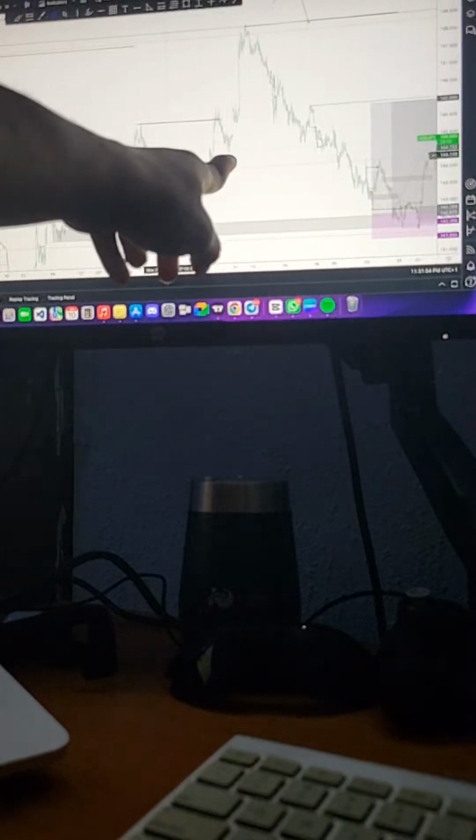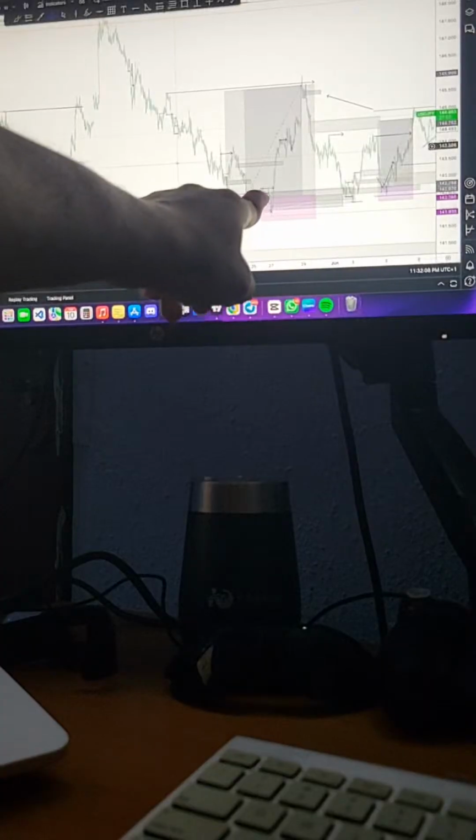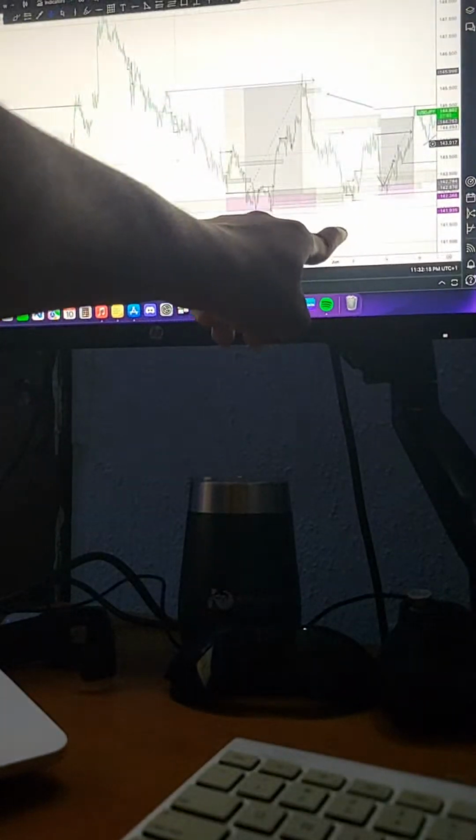Price went smash, retraced back. So this is what price did again here. Price came back to this zone, and price did something here. Price came back also to this zone, took out this liquidity here, and price bought all the way up to this place. You can see that price smashed this buy side liquidity. Price did that thing again, pulled back,